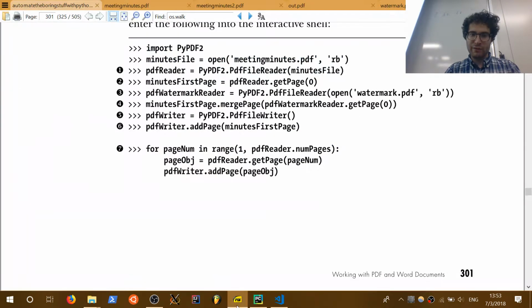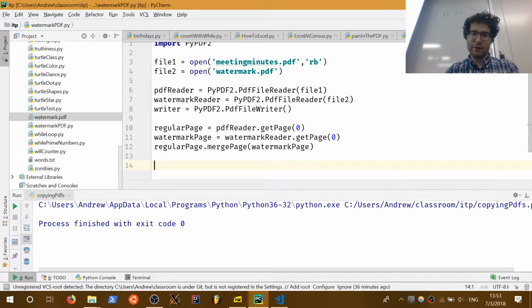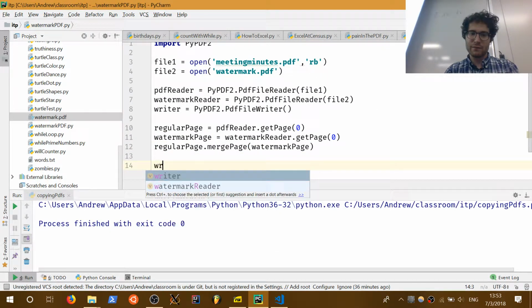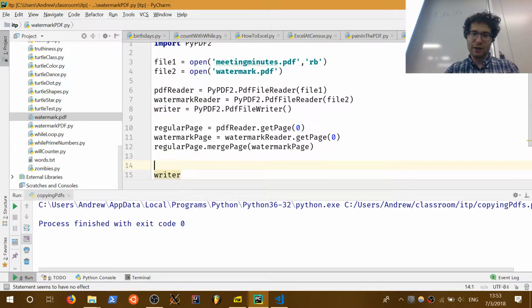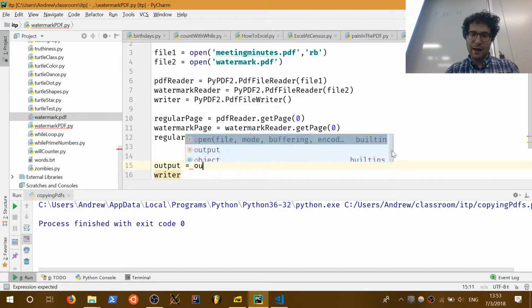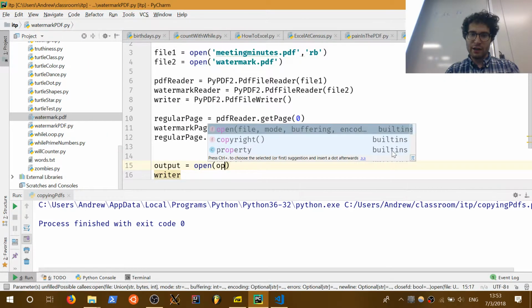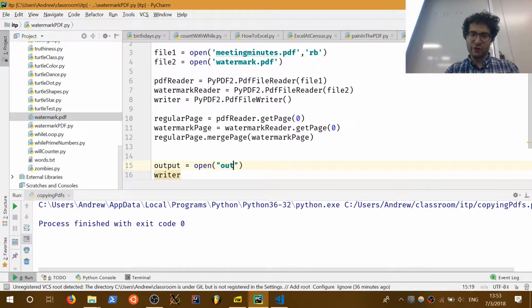And that will merge them together. And now that they're together, we can just simply say writer. Let's go ahead and create our output. Output is equal to open. So now we need to open the directory for our output. So I'll just use out.pdf again and override our other output,